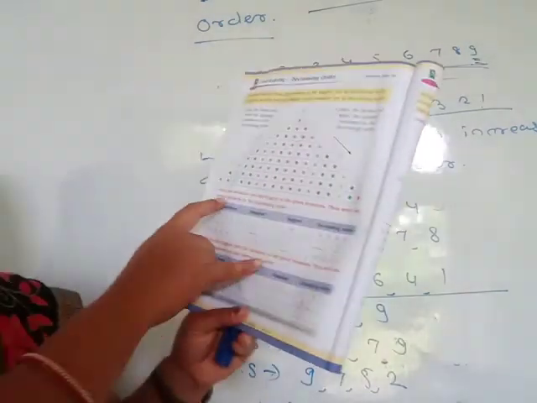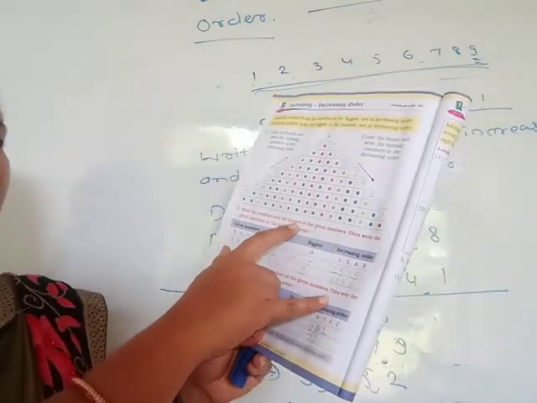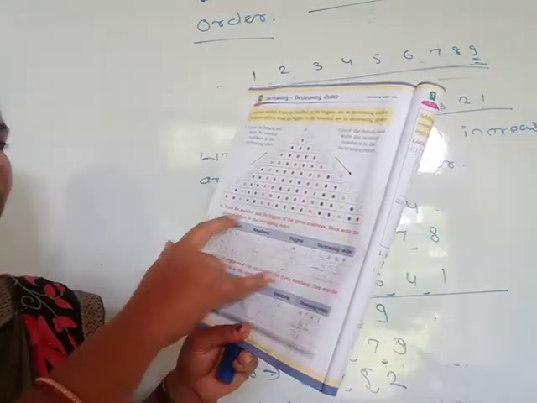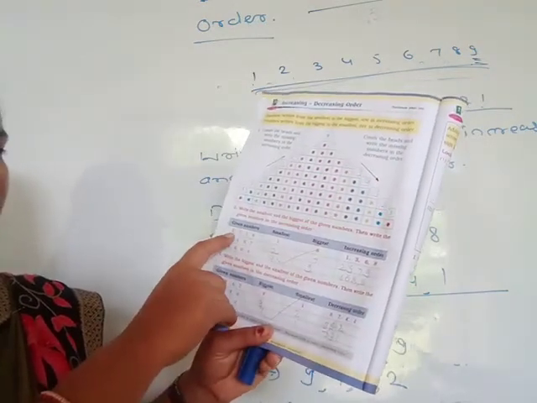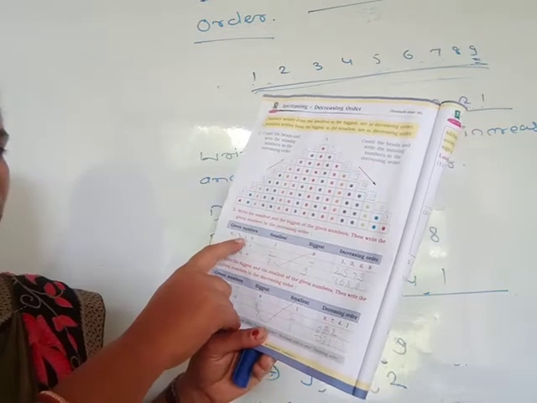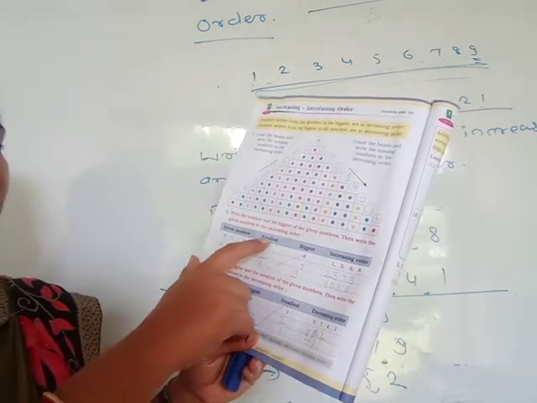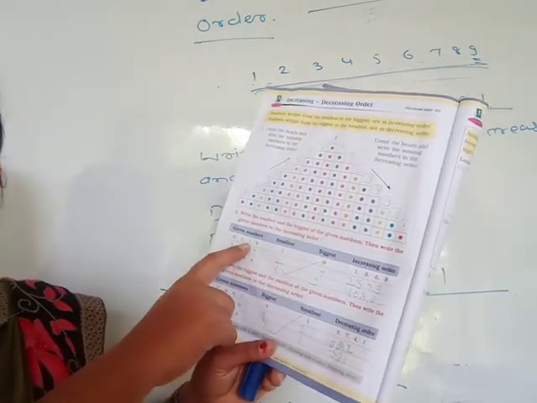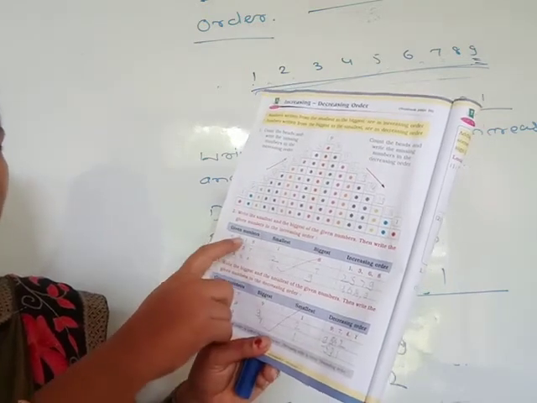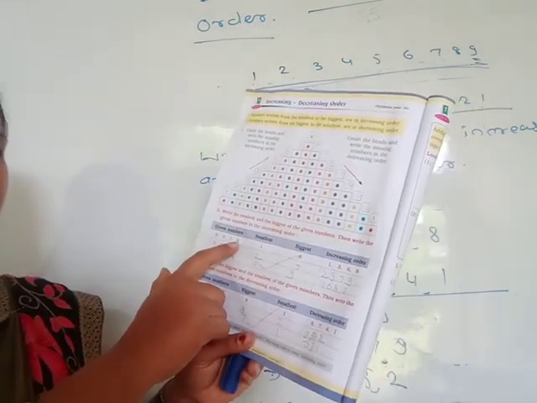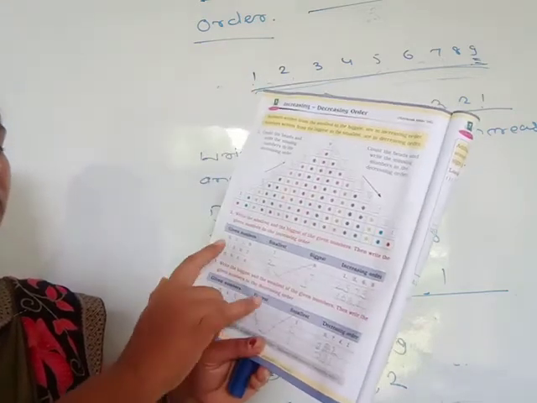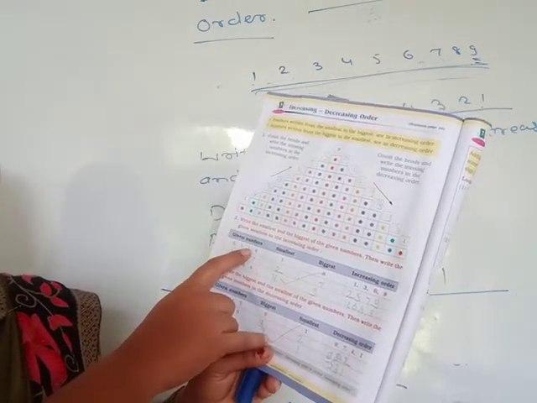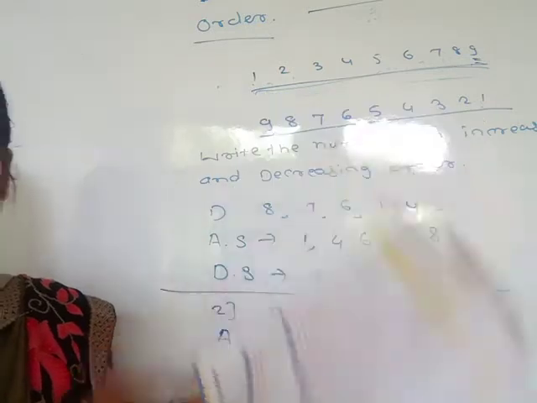Then one question is given here. Write the smallest and biggest of the given numbers. Then write the given numbers in the increasing order. Here 6, 3, 1, 8 are given. In these numbers, which one is the smallest number? You write firstly in this column 1. Then which one is the biggest number? 8. Then you write the increasing order. Increasing order means the numbers from smallest to biggest. Then write 1, 3, 6 and 8.